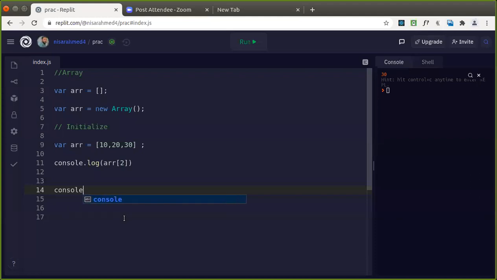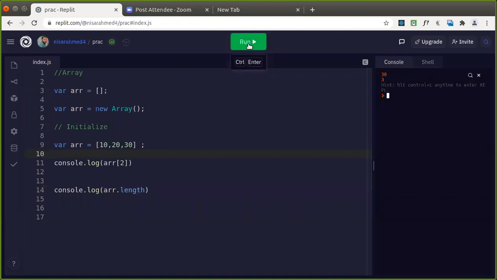Before that, one simple concept: in JavaScript, how many elements are there in an array? We can get it through the property, that is arr.length. So this would give us what? 3. So that is the number of elements that are there in this array. Suppose if I increase the number of elements, let us say to 50 and 90. In this case, what would happen here? The size of the array is how much here? 5. So that we can get it through this property. Now let us iterate through and access all the elements.